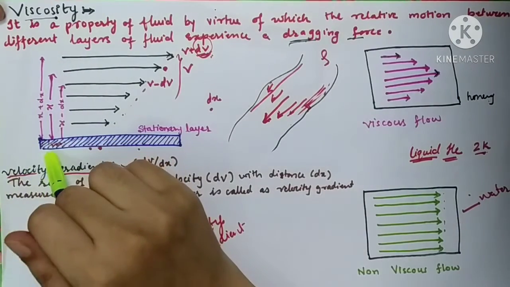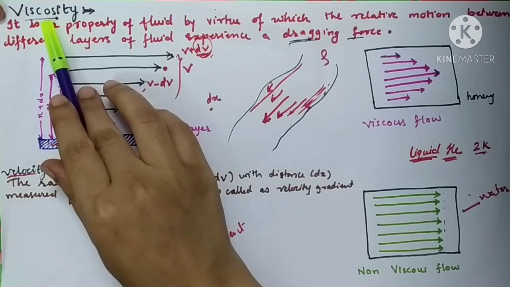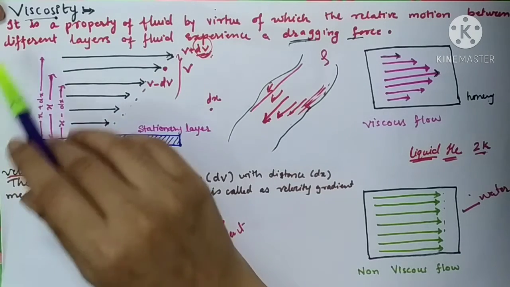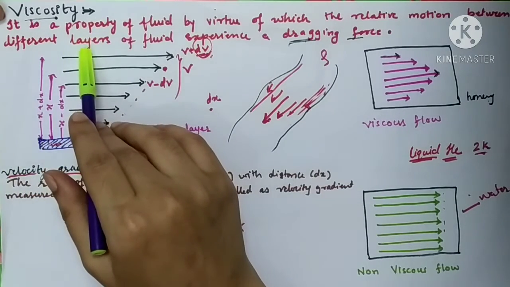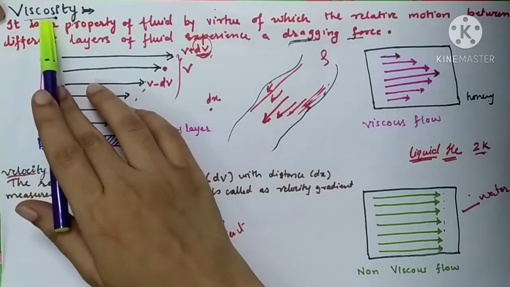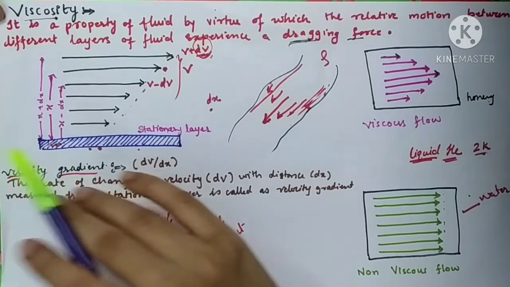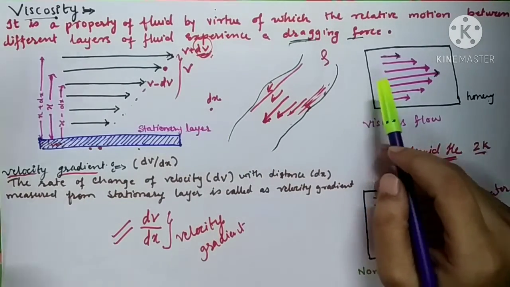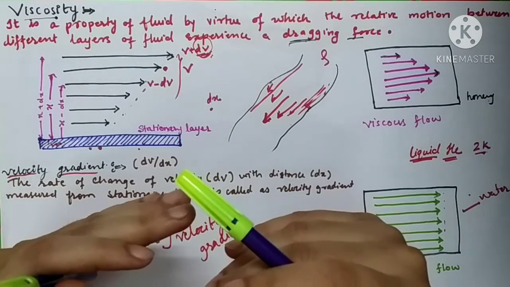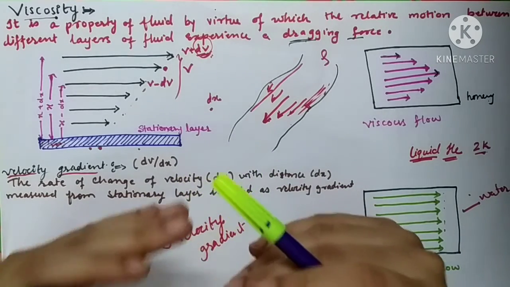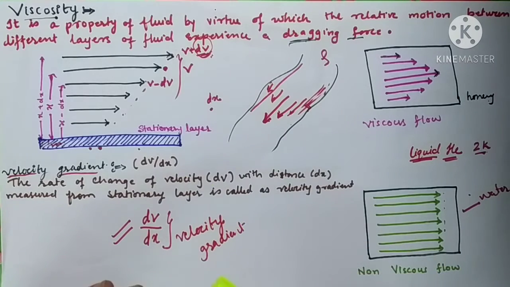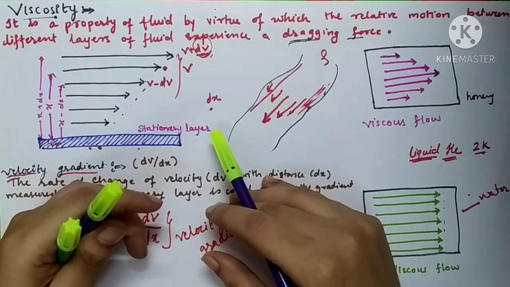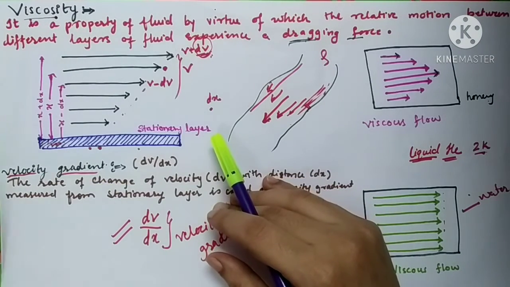In the last lecture of mechanical properties of fluid, we have studied the concept of viscosity. Just like the force of friction in case of a solid, when we are dealing with a liquid, the force of friction that comes into account is called viscosity. A liquid propagates in the form of different layers. There exists a friction or viscous drag between different layers of a liquid, which opposes the relative motion of the liquid. So this property is called viscosity.